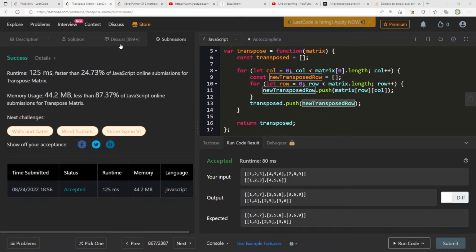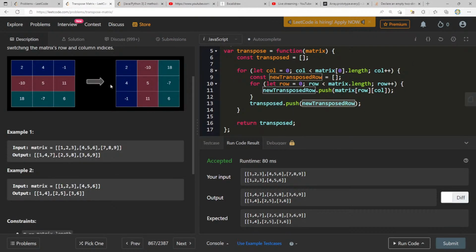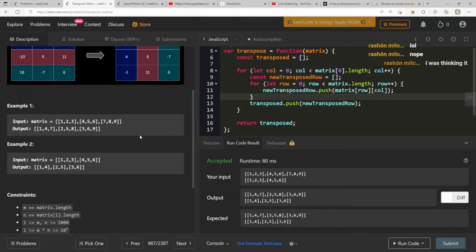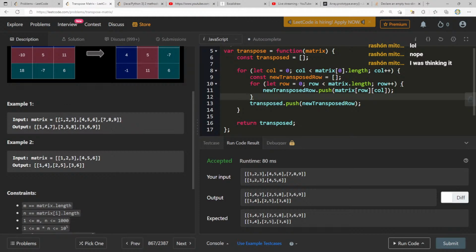But no, you're right. We drew the first thing, which we were making pretty good progress on, but we forgot that when we're transposing, we're essentially flipping the rows and columns, so we can end up in an out of bounds situation. But then, as I was looking at the output, I realized 147 is just these indexes here. So for every row, we can just push the thing at the column we're at, right? So it's like for column 0, go through all the rows, adding the thing at column 0.